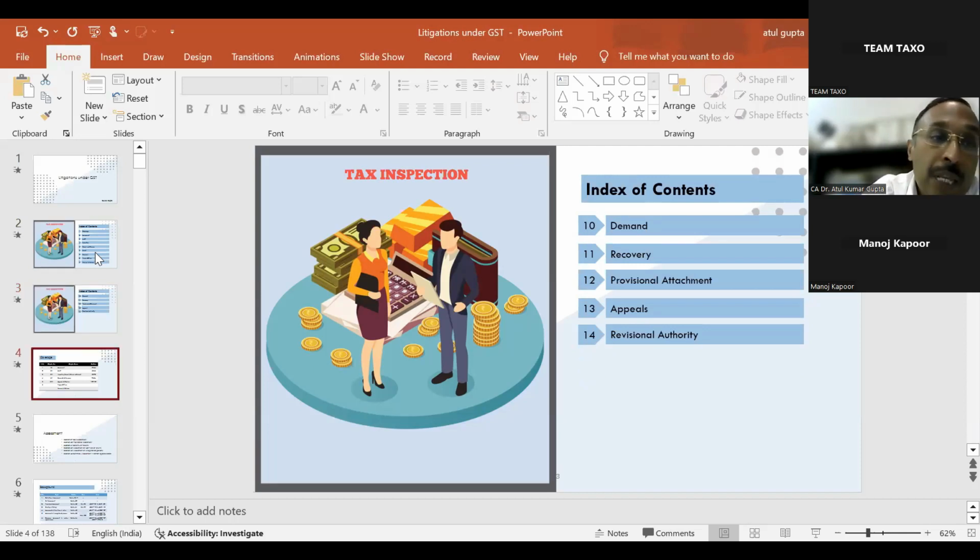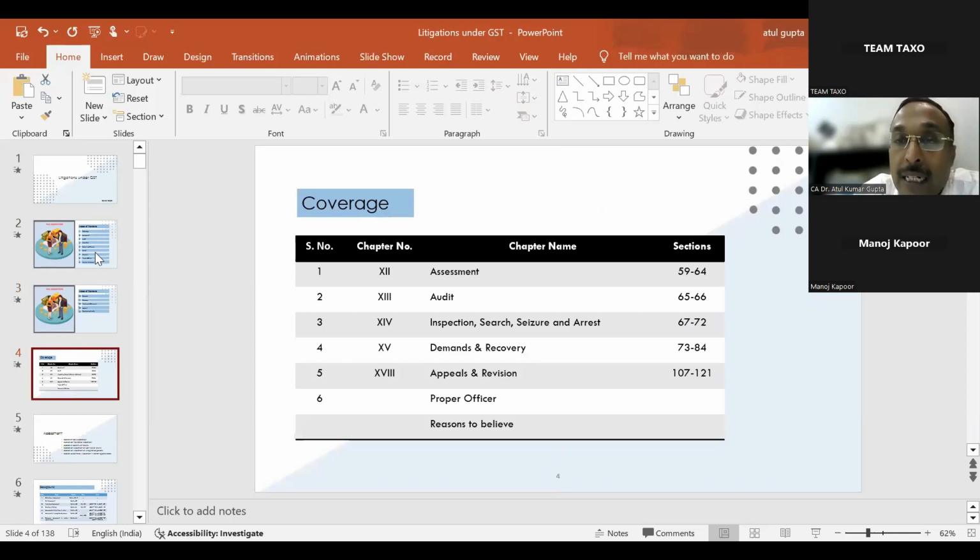Now, my dear friend, as far as the entire litigation part is concerned, you can see that the litigation, which starts from section 59 by virtue of the assessment, moves up to section 121, meaning thereby that more than 62 sections are there in the GST. The total GST is around 170 sections, and if 60 sections pertain to a particular topic, then that carries importance automatically, which we all can understand. So, my dear friend, there are 62 sections which deal with